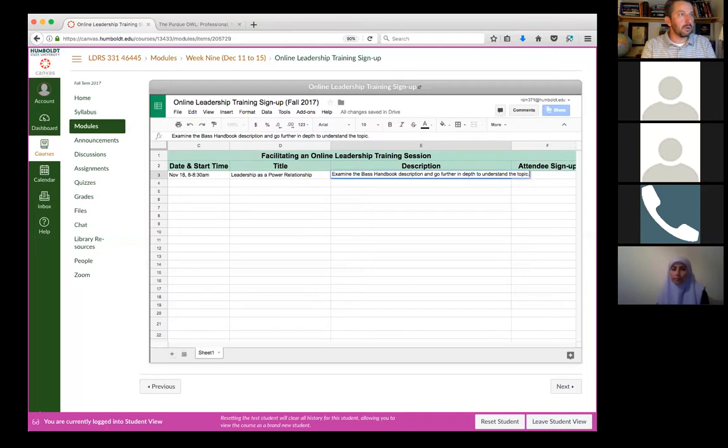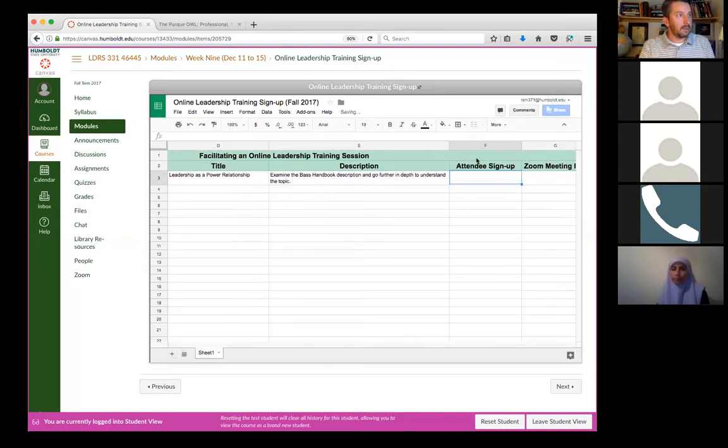This is real general, and I'm just coming up with this off the top of my head, but just some description. This is probably not the best description, because leadership as a power relationship is very vague. I'm guessing not a lot of people know what that is.